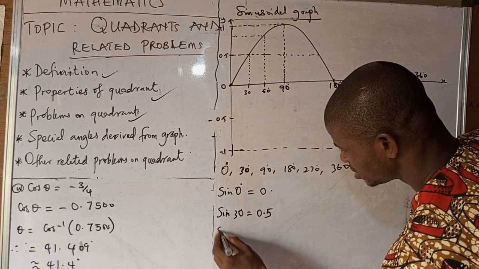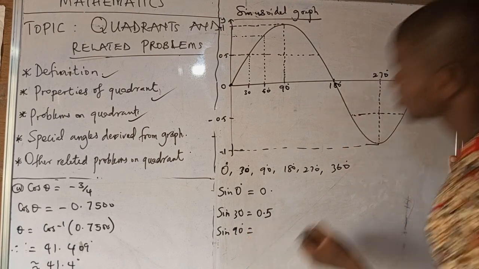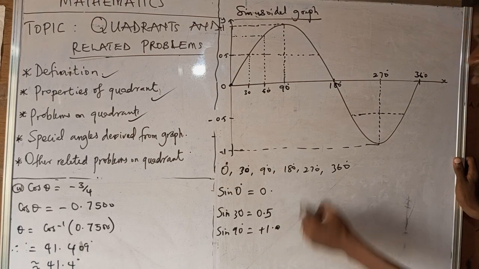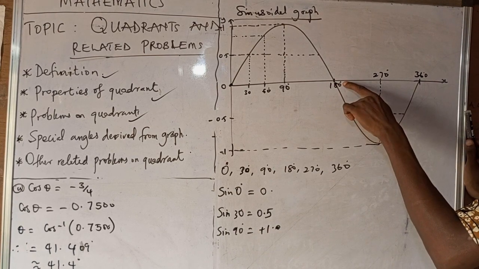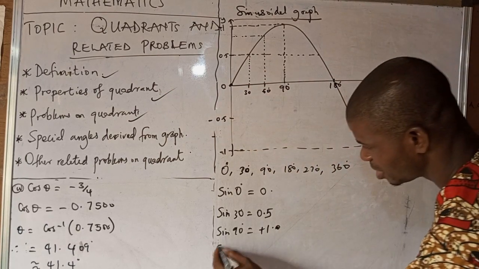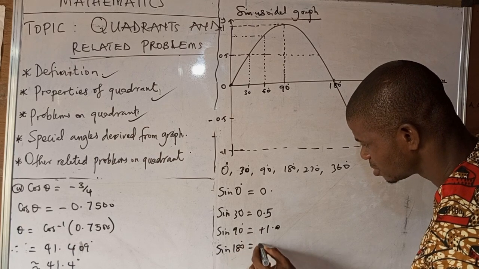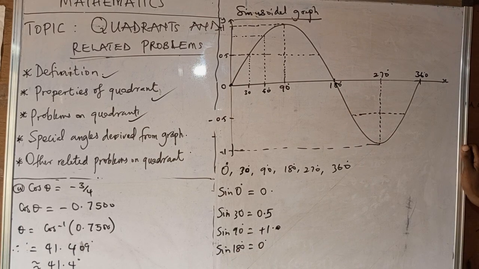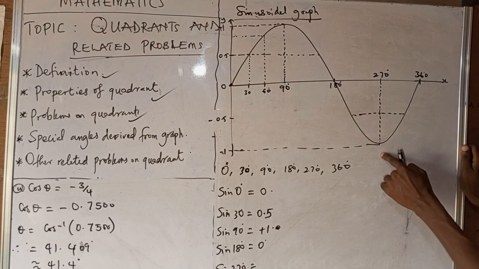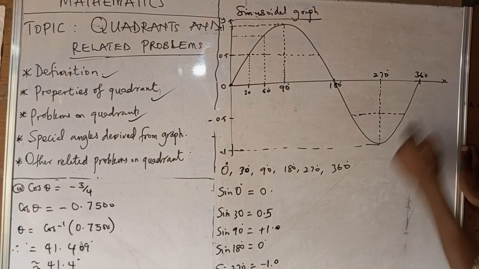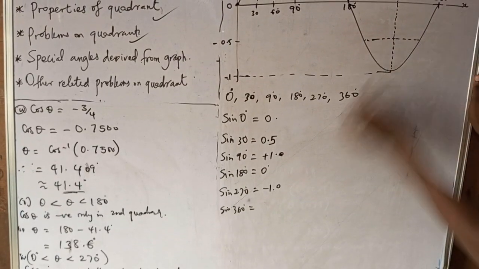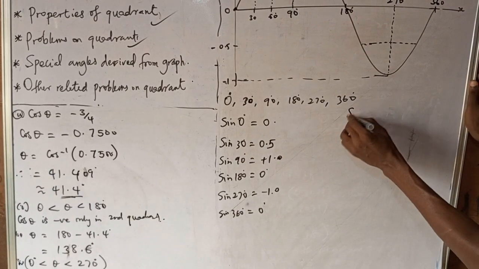So sine 90 degrees is +1.0. Then 180 is still on the horizontal line. It has not moved anywhere, so sine 180 is still 0. Sine 270 degrees, look at it here, peaks at minus 1.0. Then sine 360 degrees is equal to 0. So in summary,